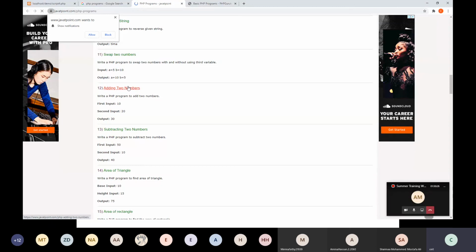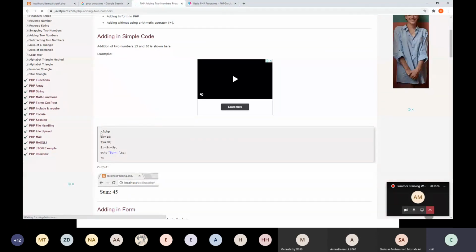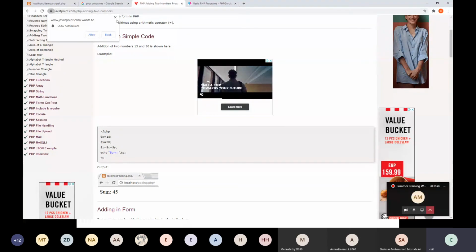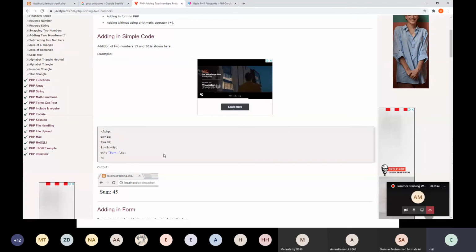Adding two numbers, we have already done this using the switch case. Try to do it using an HTML form, so that on the side you will have the experience of using PHP with HTML.